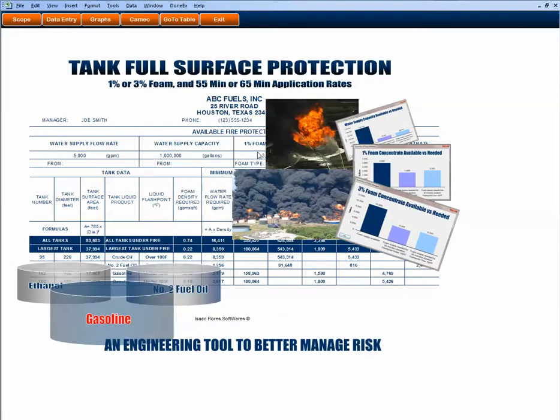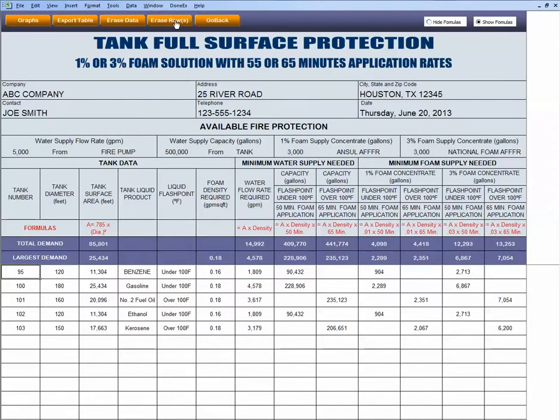Windows go away. Now we go to the tank table. We click the tank table button. It takes you to the tank table. And here's a tank table, a table for tank full surface protection for 1 and 3% foam solution with 55 and 65-minute application rates. The information we entered was transferred to the tank table: company name, address, city and state,